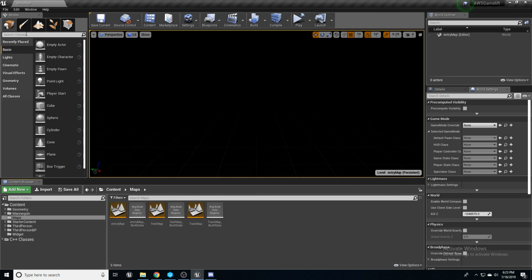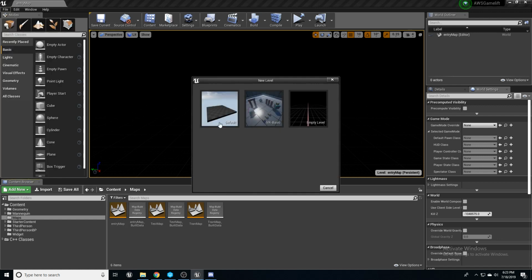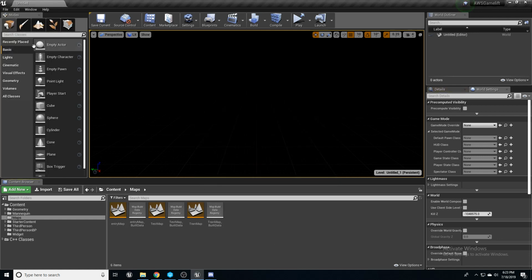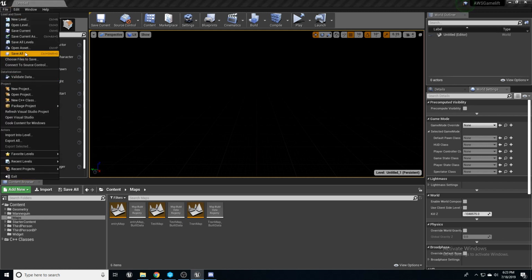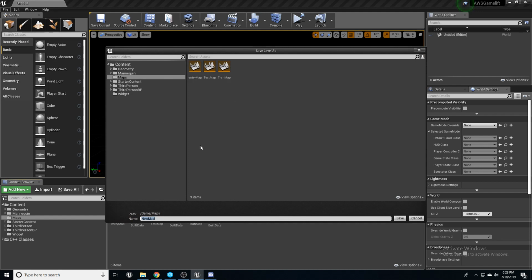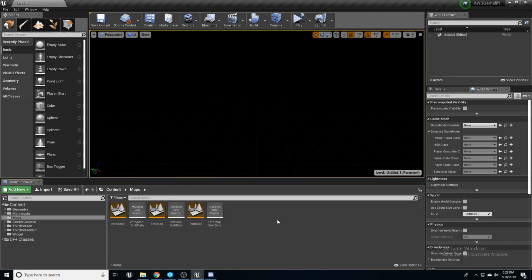Alright, so now we're going to go ahead and set up our maps. You're going to want to go up here and create new level, create a new empty level, and then you're going to want to save current, and name it entry map or whatever. See, I already have one, so I'm just going to cancel out of that. But you're going to create one like an entry map, and then another same exact thing, tran map, an empty